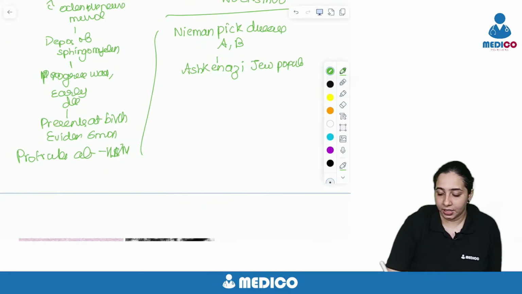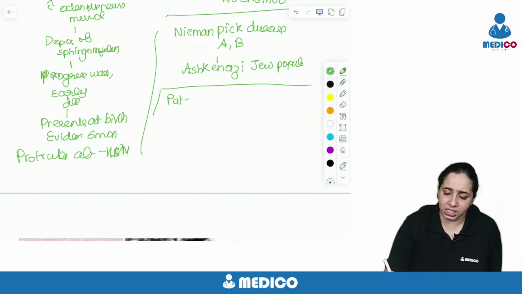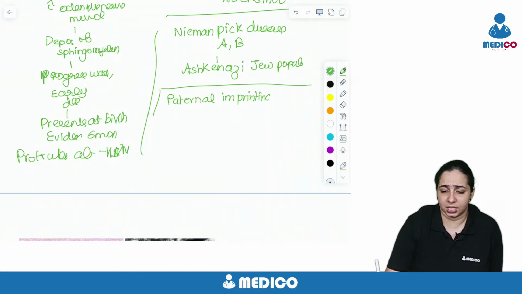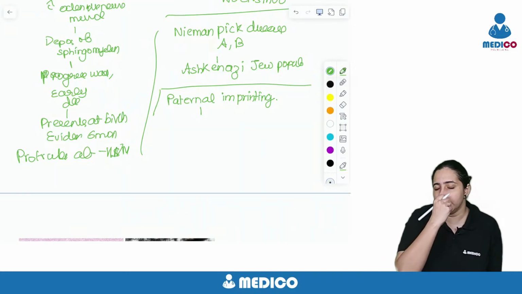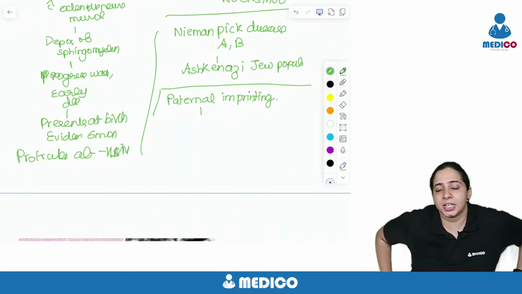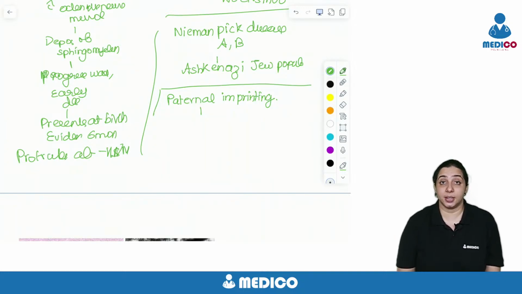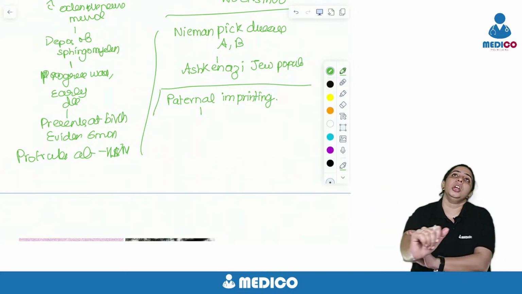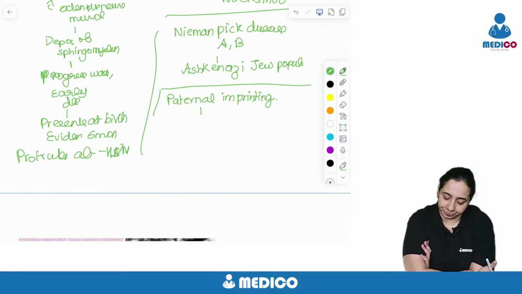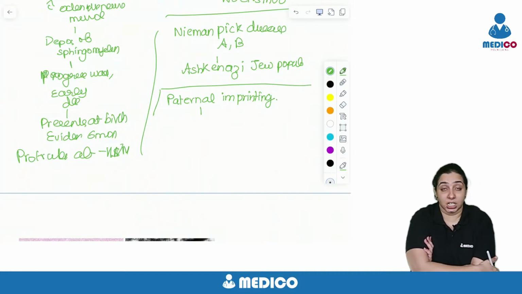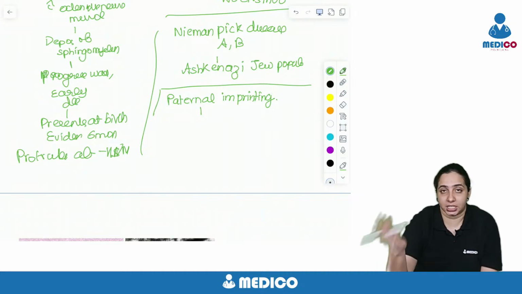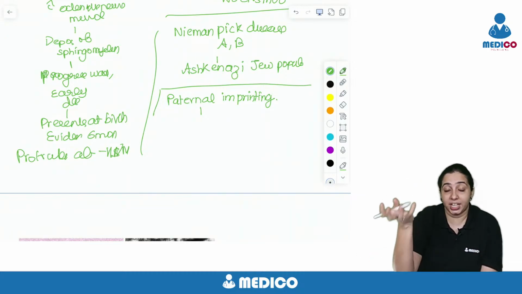And in these cases, something called paternal imprinting is taking place. Paternal imprinting. So what do you mean by paternal imprinting? As we learned yesterday, maternal imprinting means the maternal gene is silenced. So paternal imprinting means the paternal gene is silenced. So, in Niemann-Pick disease, the paternal gene is silenced, and it is the mutated maternal gene